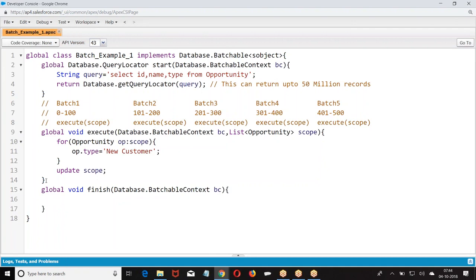Now start, execute, finish. You want to know the status of the job? Select ID.